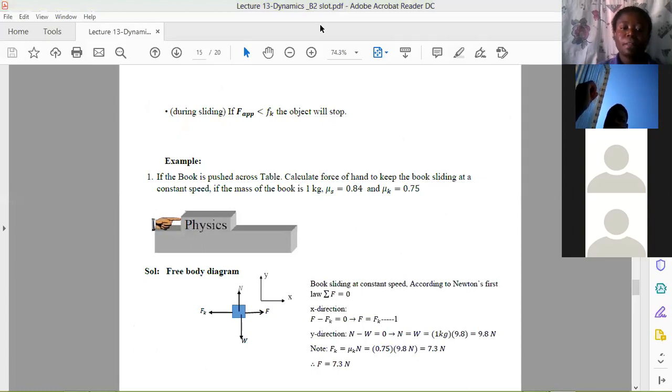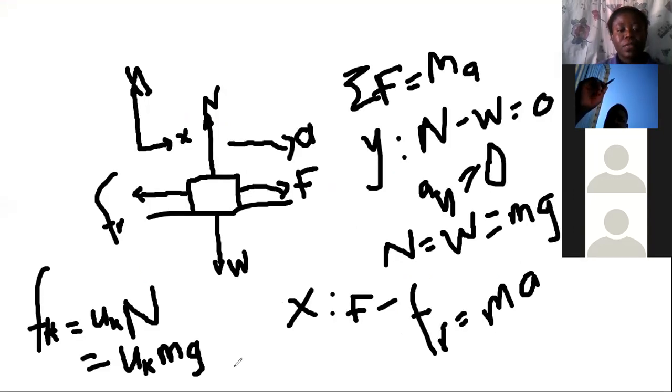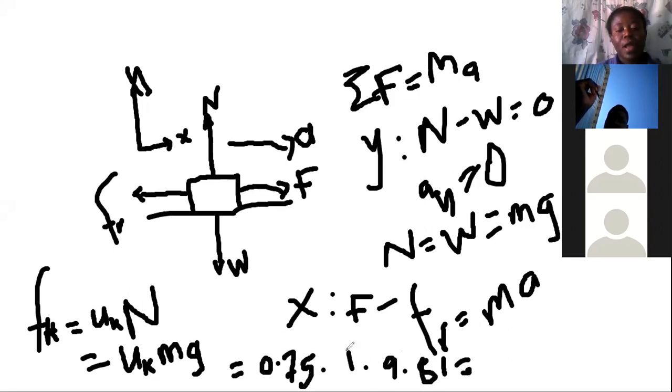Okay, so this one we put in our values. What is our mu k? Our mu k is 0.75. And what is our mass? Our mass is 1 kilogram. And what is our gravitational acceleration? It's always important to see what is given. Let's say here we are using 9.81. So if we put in those values, 0.75 times 1 times that value, and then we have something like